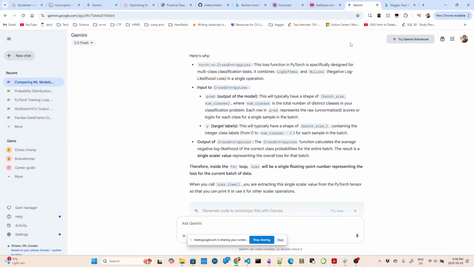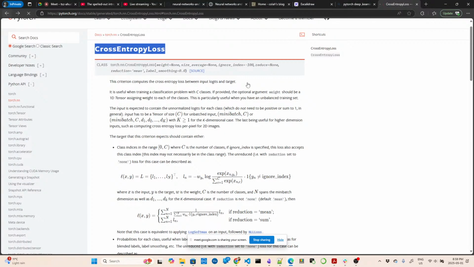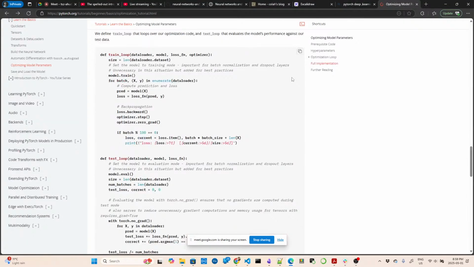average negative log likelihood of correct class probabilities for the entire average batch. मतलब कि बैच का जो भी, जैसे मान लो आप बैच में चल रहे हो, राइट? तो बैच में दो का जो पर्टिकुलर वाई लेबल का जो है, राइट? 64 में जो वाई लेबल के जितने भी आ रहे होंगे, आई थिंक सभी वाई ही आ रहे हैं, करेक्ट? आई एम नॉट श्योर। तो वाई का जो भी एवरेज आ रहा है उसी का लॉस दिखा रहा है वो, मतलब आई थिंक। For every sample, there will be a loss, correct? Now, हाँ, फॉर वाई लेबल।